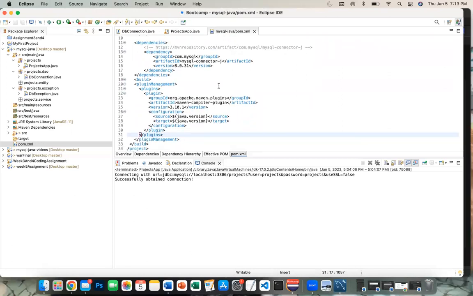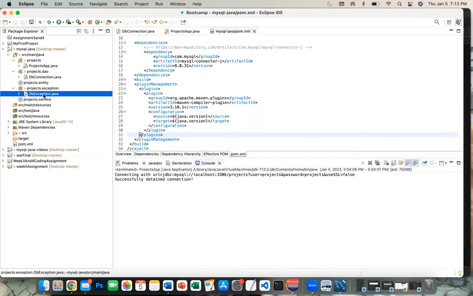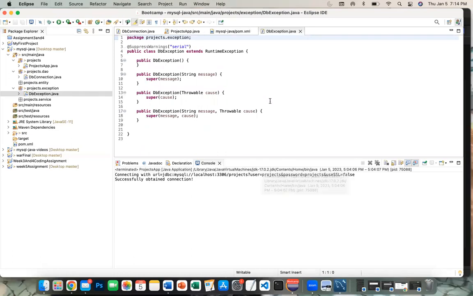Next, we had to set up the project packages over here. What we did was create a package for projects, projects DAO, projects entity, projects exception, and project service. Within the projects exception package, we created a DB exception class. This class extends the runtime exception